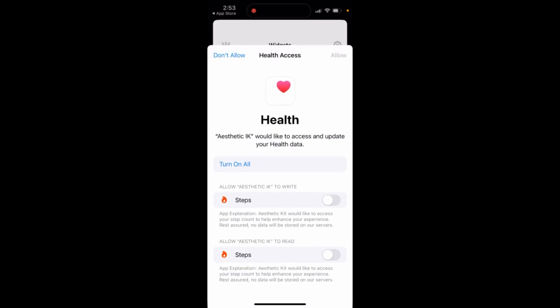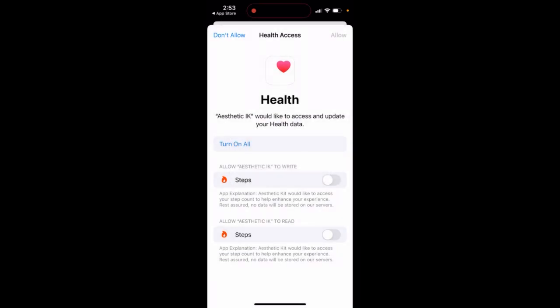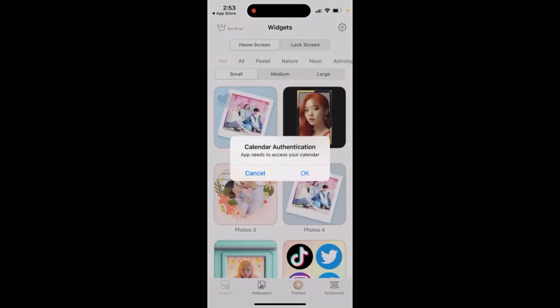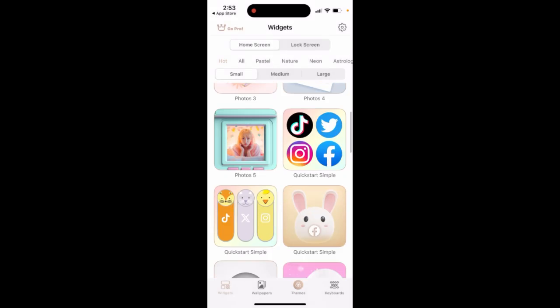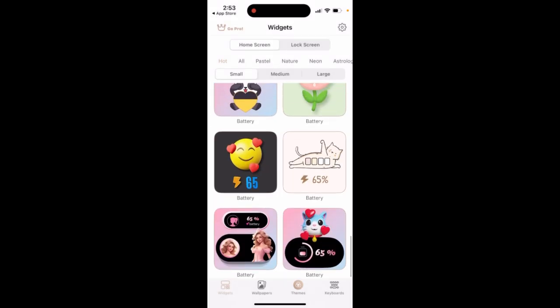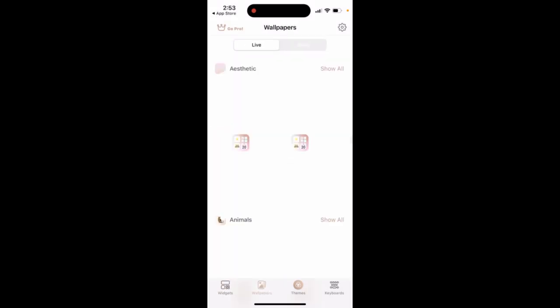Then there are also lock screen widgets which sometimes require your health data. And then yeah, you can just go and install them. And then there are wallpapers, themes,